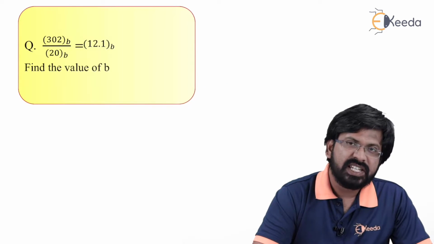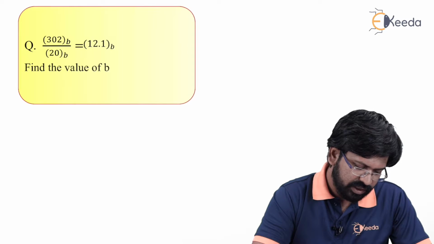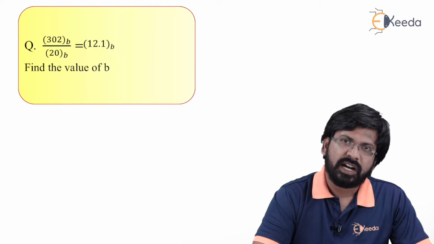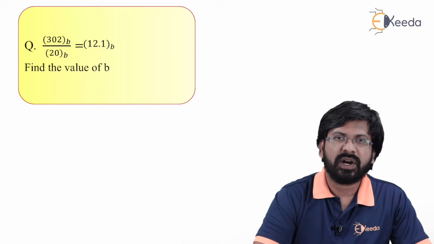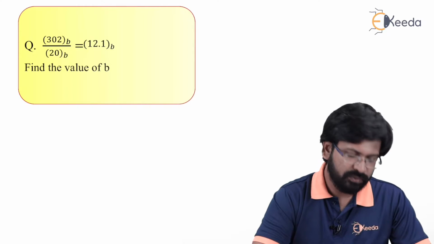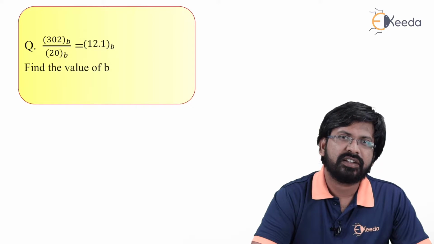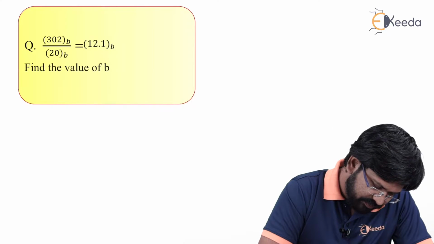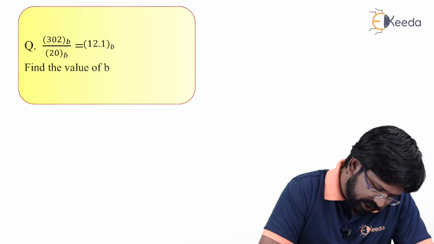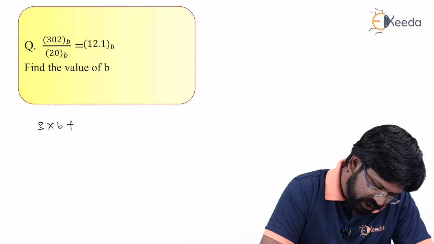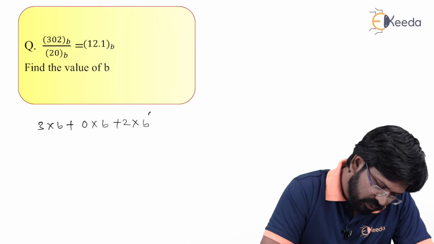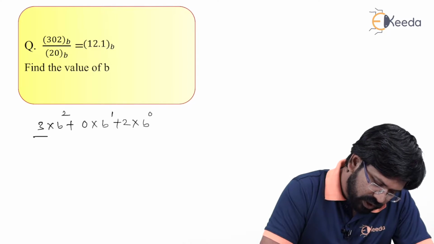Question says 302 having base b, when divided by 20 again having base b, is equal to 12.1 again having base b. You have to find the value of b. That is, again we are actually finding the base value. As we have done in the previous sum, again we are going to convert every number over there into respective decimal. In that case, let's see the numerator first. It would be 3 into b plus 0 into b plus 2 into b. Again powers would be 0, 1, 2. Am I right? Whole divided by